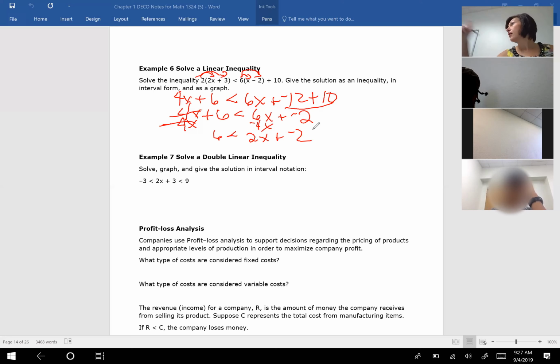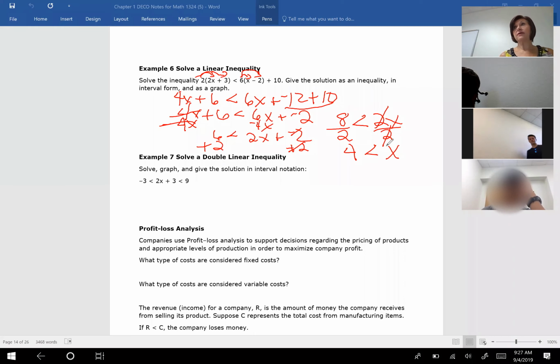Well, all right, very good. I'm wanting to get x by itself, and it's got this plus negative 2 on the end. So to get that negative 2 to go away, I've got to add 2 to both sides, right? Okay. So 6 plus 2 is 8, is less than 2x. What would I do now to get x by itself? Divide by 2. And I have 4 is less than